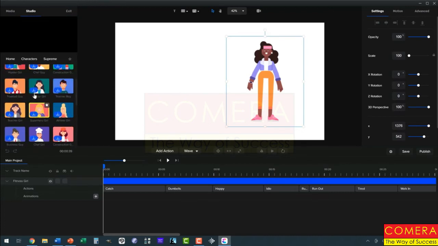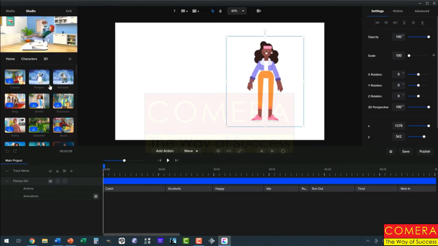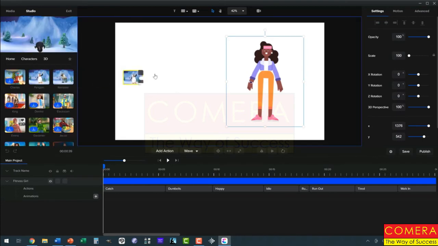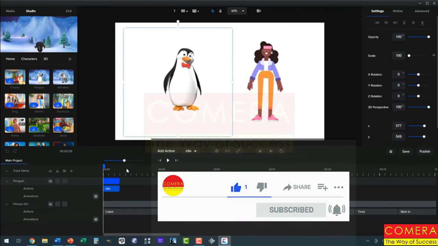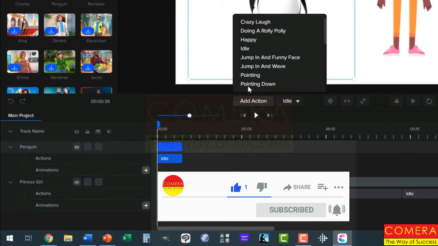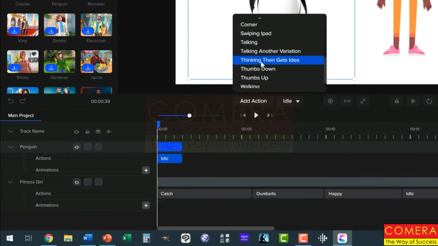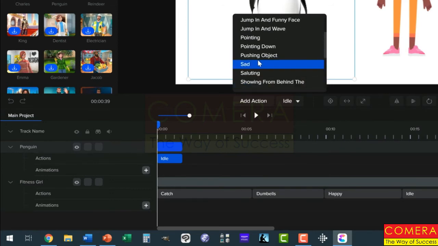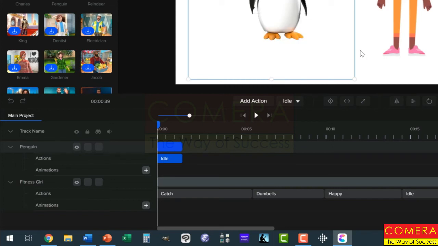I don't have any flat characters downloaded, so let's go over to Characters 3D. But if I pick another character like the penguin, and we look at the penguin's actions, he's got the crazy laugh, doing the roll in, jumping with the funny face, pushing an object. Wow, he's got a lot more actions too. Pointing down, swiping an iPad, all of these things. So